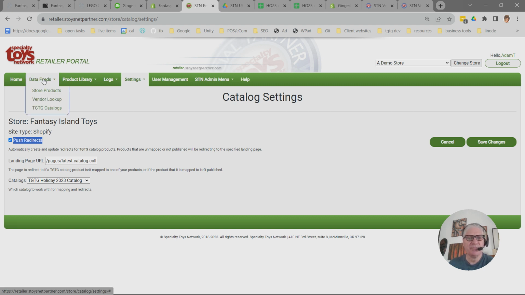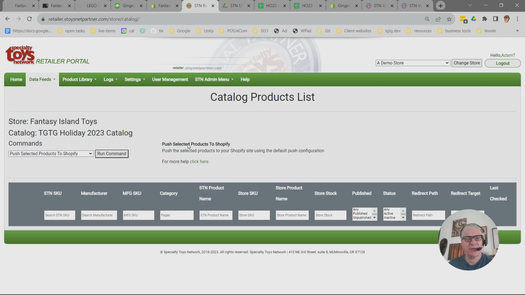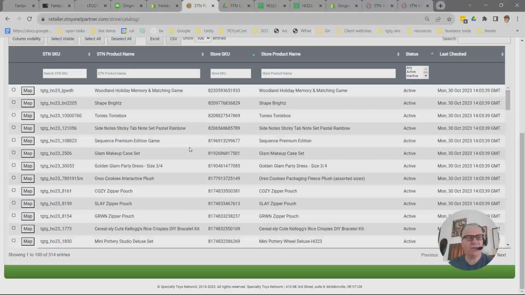Okay, so once you've set up which catalogs you're using, you're going to go to your data feeds and down to TGTG catalogs. That loads here. If you scroll down,